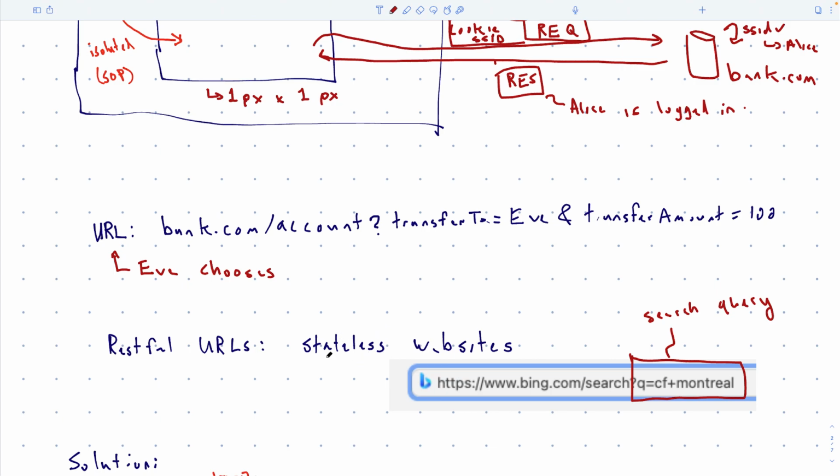We call them stateless websites because they don't have to remember anything about you. You just always create a new URL with whatever the user is doing. So if the user is looking at page 1, then all the links to all the other pages already have those parameters built into the URL when you download the website.